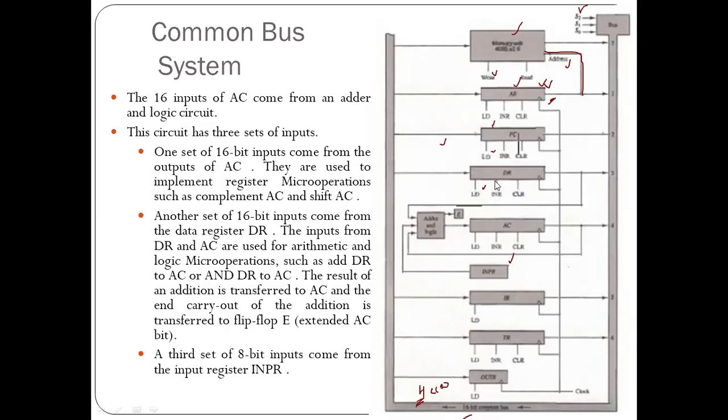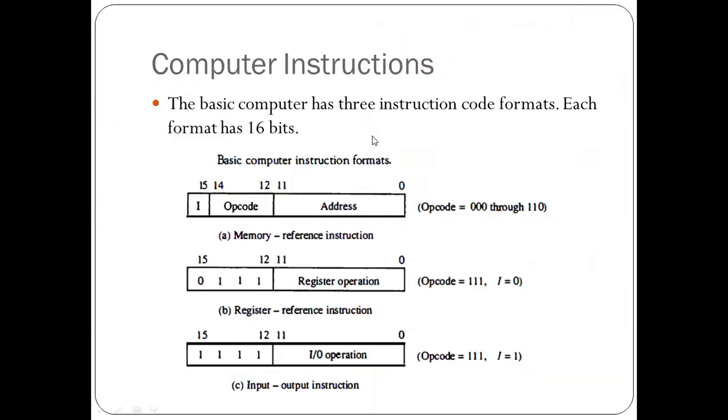And now coming to the next topic, the number of instructions. So as we already mentioned, your basic computer has three different instruction code formats. Every instruction is of 16-bit width. Out of these 16 bits,